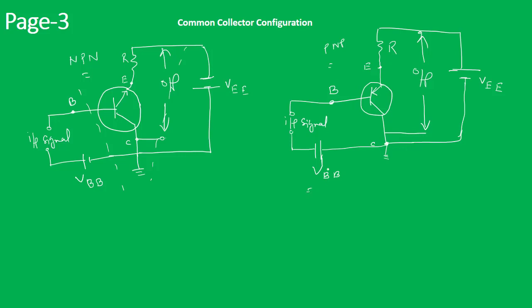So polarities are very important. Please keep attention while you are drawing the circuits. This polarity you need to keep in such a way that the input section is forward bias and output section is reverse bias. So we end here this lecture and next lecture onward we will be taking